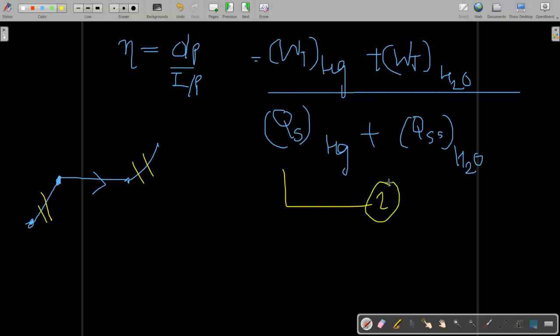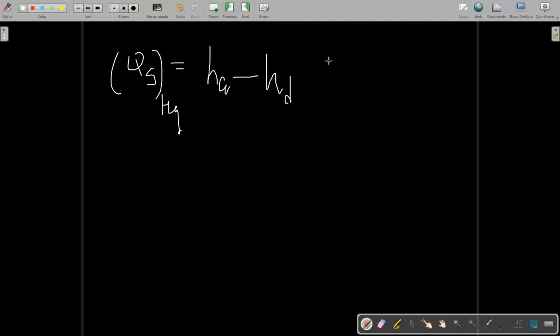Okay, just find these four values that are written in the question. So let's start. First thing is the heat supply given to the mercury turbine. I hope you know how to apply the first law of thermodynamics across the different open system devices like boiler, turbine, pump, condenser; these all are open systems. So I assume that you know very well how to apply this equation.